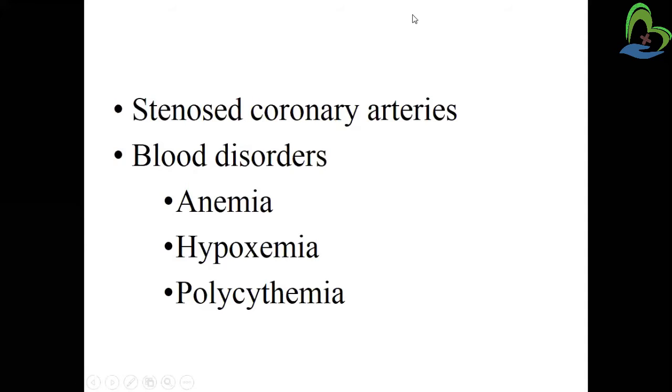The last one is polycythemia. Polycythemia means what? A lot of RBCs in the blood, excessive RBCs. You might question why that is a problem, since RBCs increasing sounds good. But if something is not sufficiently there, that is a problem, and if something is in excess, that is also a problem. So your RBCs are increasing that much.